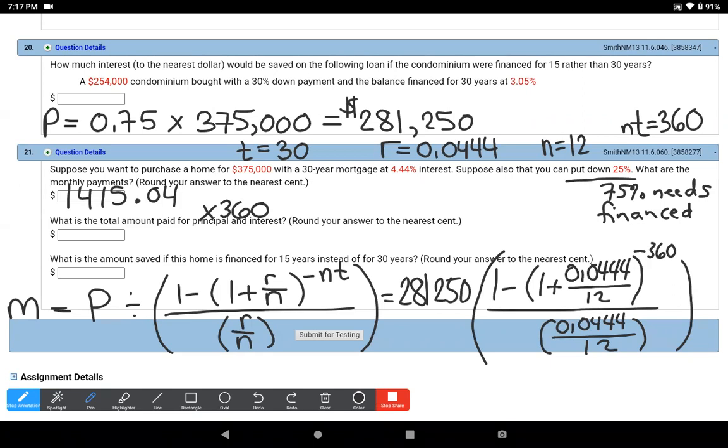Which is what they're asking in this weirdly worded question. Again, I use the answer from above instead of just leaving it in my calculator. And so using the answer from above, I get this answer, right? They left it in the calculator and got